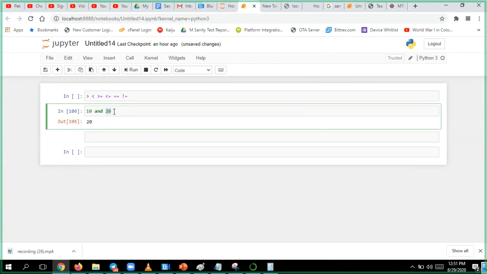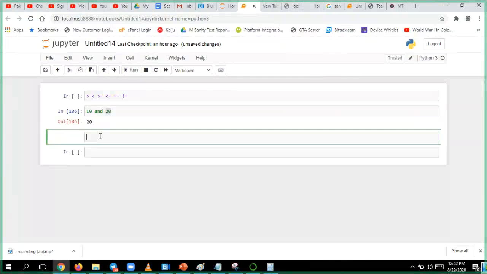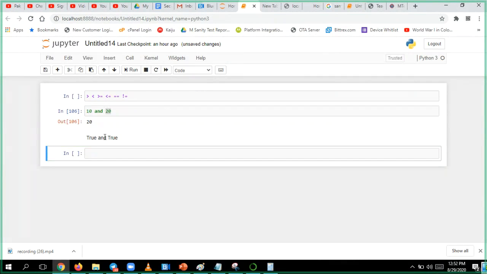First it checks whether this condition is true or not, then it checks whether the next condition is true or not. If it returns true, then the last true value is this one, so that value it will give you back onto the screen. That is called a logical operator. When you give values, it will give you back values. But if you use true and true, it will be giving you back, oh, sorry.